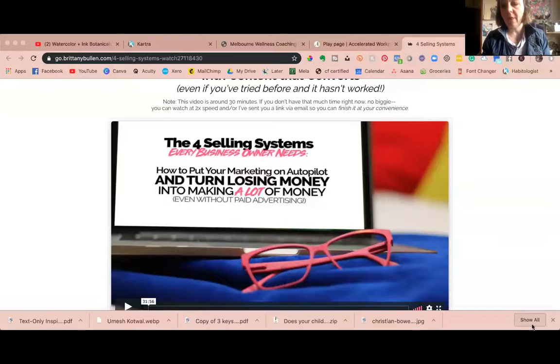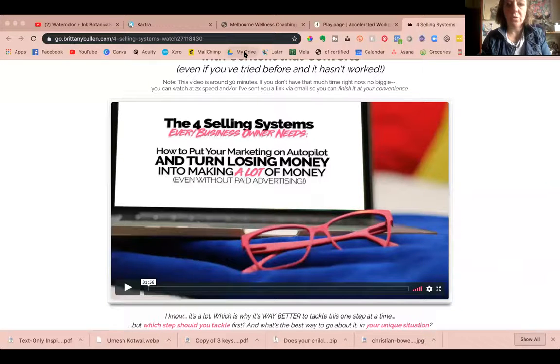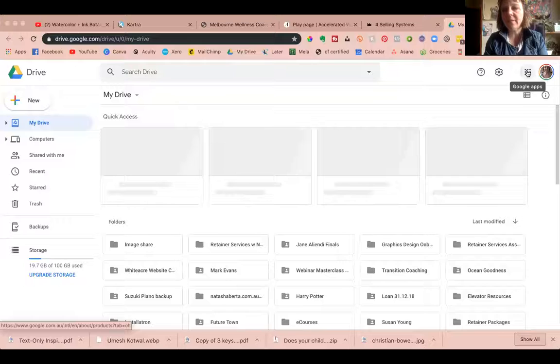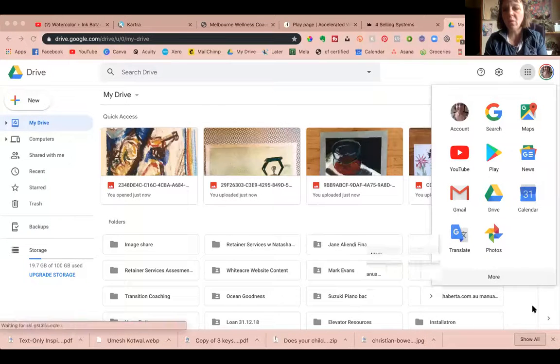and find these files in Google Drive. So you go to your browser, so that could be Chrome or Firefox or Safari or whatever it is you're using, and then go to Drive. Now, if you haven't really used your Drive before, the way you can get to it is in your Gmail, you'll see these 9 dots here, and these are your Google apps,